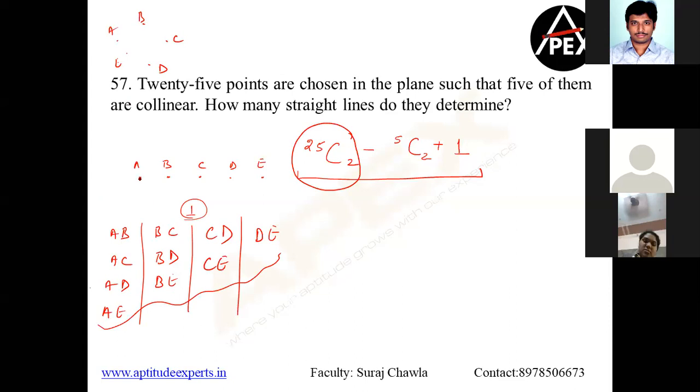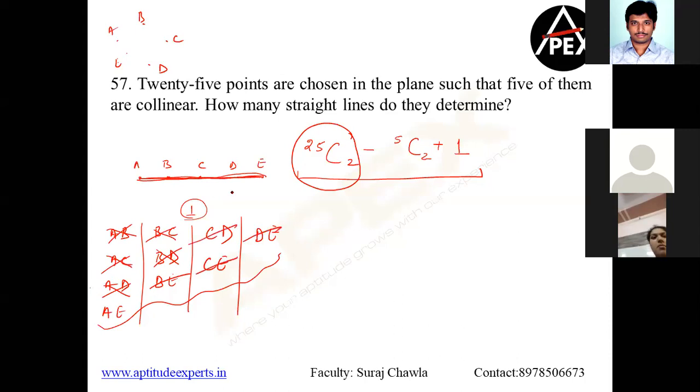But if you observe, if you are writing AB, let's only take AE here. If all of them are collinear, that means AE will be one line for me, right? So AB will not be considered, AC will not be considered, AD will not be considered, BC will not be considered, because all of them are already a part of the line here. The minute I'm counting AE, I'm counting AB, I'm counting AC, I'm counting AD, I'm counting BD, I'm counting BC, I'm counting BE. All these are already counted.